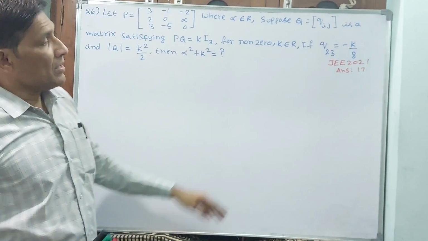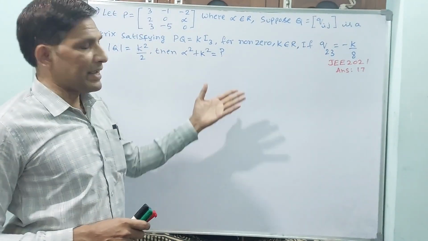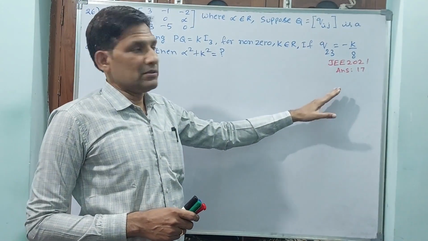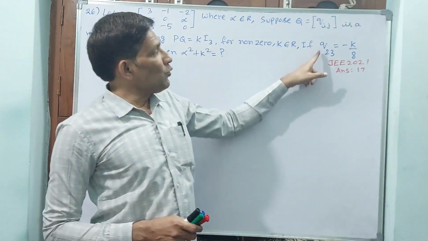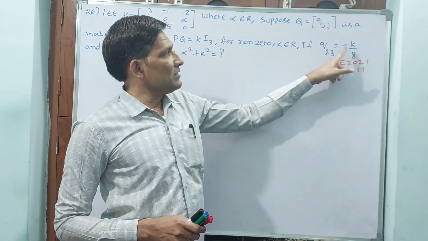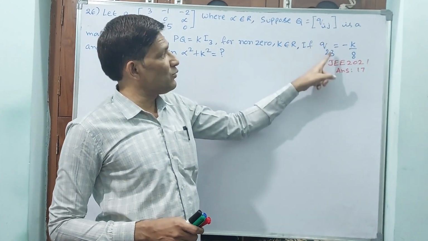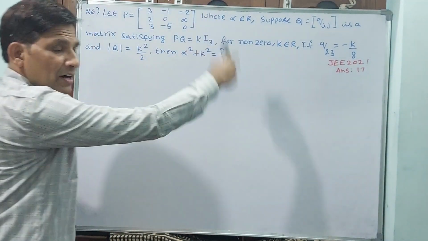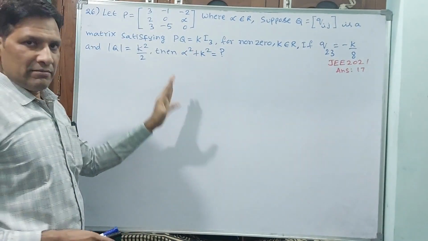One more hint they have given. This is a big question. Actually, I can say this is like an advanced question, not a main advanced question. Q23 is equal to minus K by 8. Q23 means this is one element in matrix Q, the second row, third column element. That K value they are giving. That means we have to find